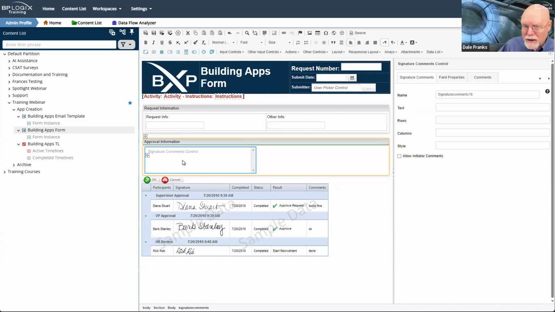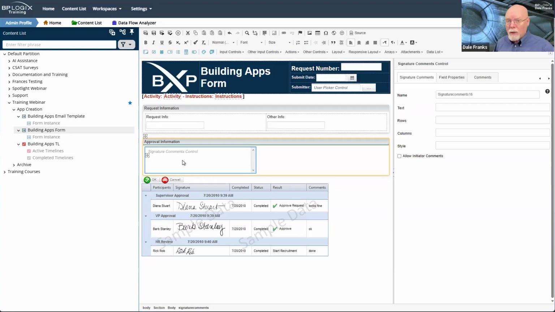timeline activity. If you open the form and you are not in the context of performing an activity that you've been assigned, so you have a user task assigned to you, if you don't have a user task assigned to you, you will also not see this control. It largely controls its own visibility.